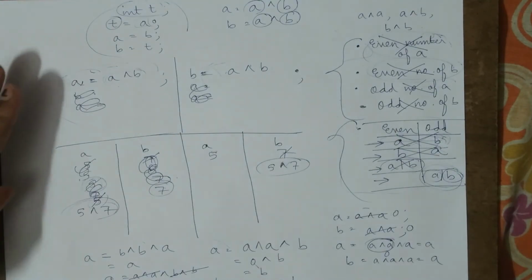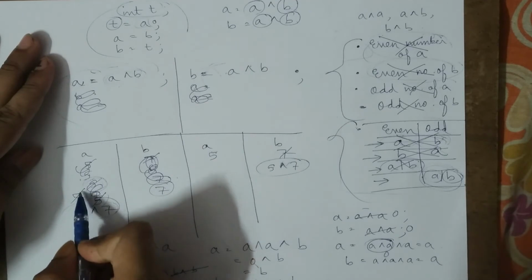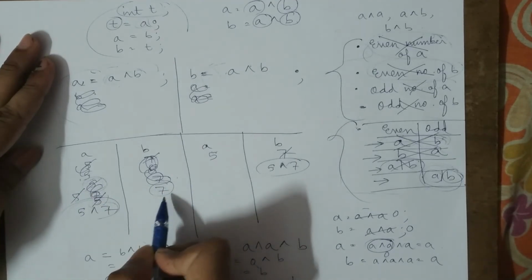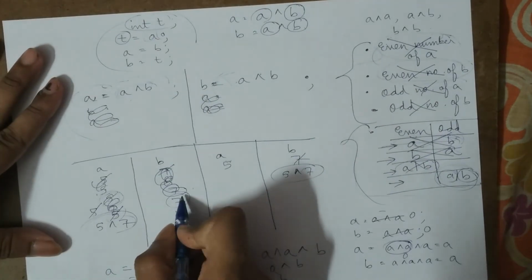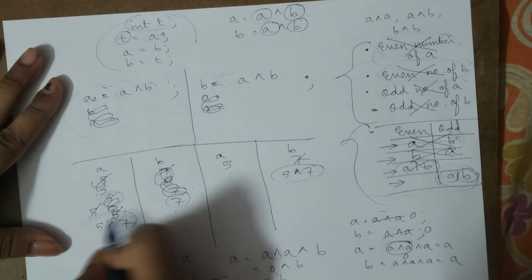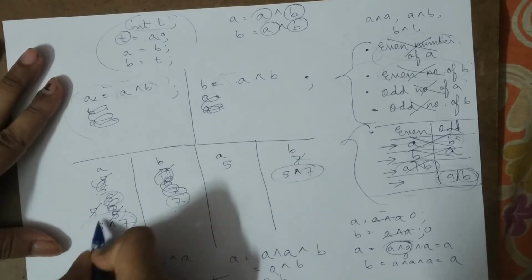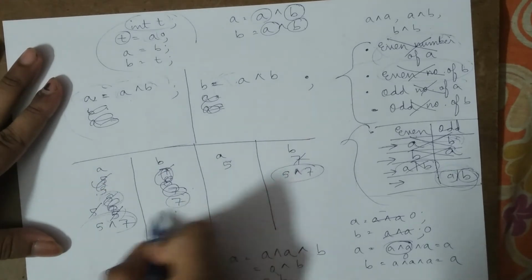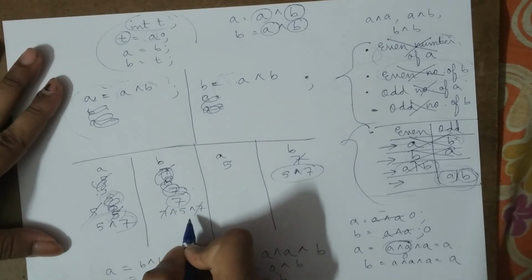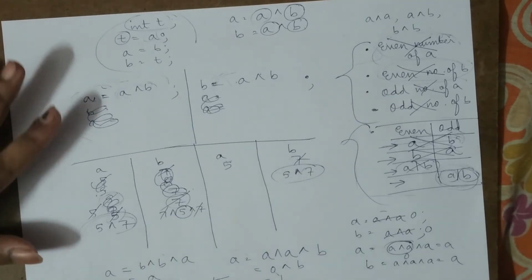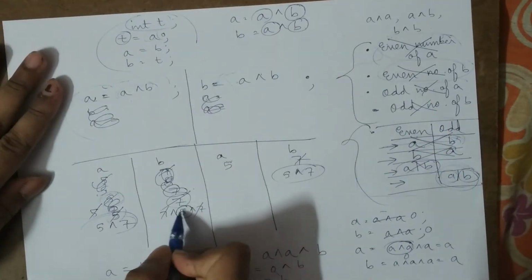Okay, so now to do that, what can we do? We had 5 over here originally and we actually want 5 over here. So now if we do something like this for the left hand side of the code, that we do B is equal to B XOR A. So what is B? 7 XOR B XOR A. So what is B XOR A? 7 XOR 5 XOR 7. So what is 7 XOR 5 XOR 7? So 7 will get cancelled because it is present an even number of times, and B will be equal to 5. So in this way we have seen that 5, which was originally present in A, is now present in B.